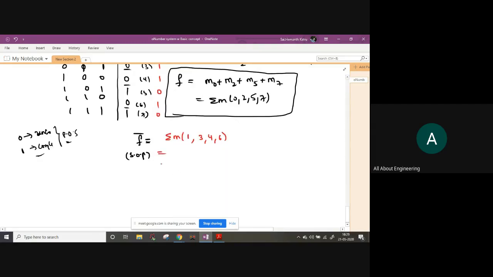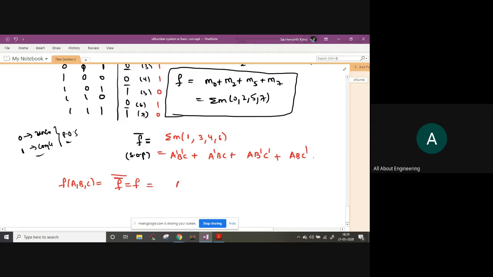Now you can write the SOP form again. For 1 it will be A bar B bar C, plus corresponding to 3 it will be 0 1 1, so it will be A bar B C, plus A B bar C bar, because 1 0 0 for 4. For 6 it will be A B C bar, 1 1 0. Now this is the SOP form. Now, to get the function F of A, B, C, I am doing F complement whole complement. This will be equal to F, right?